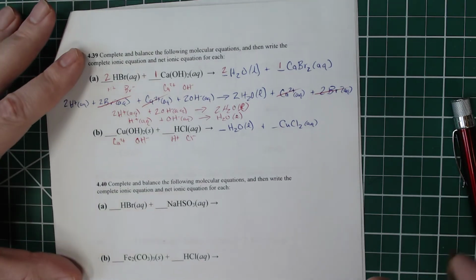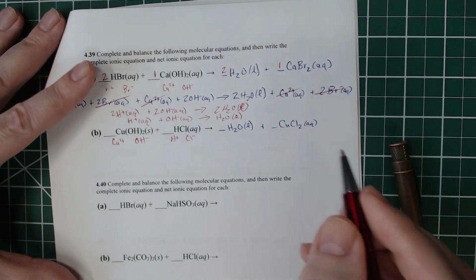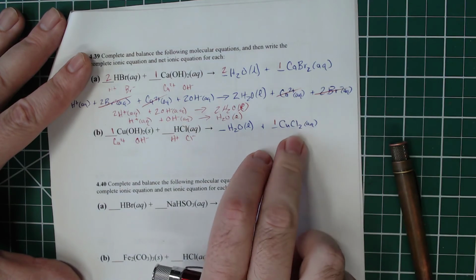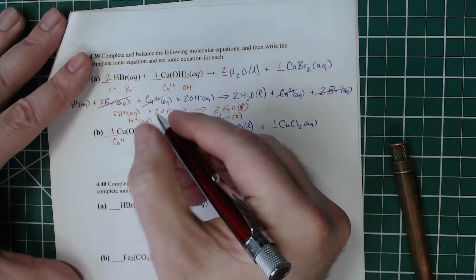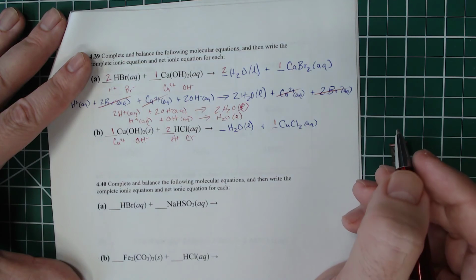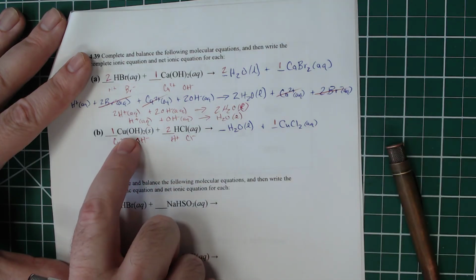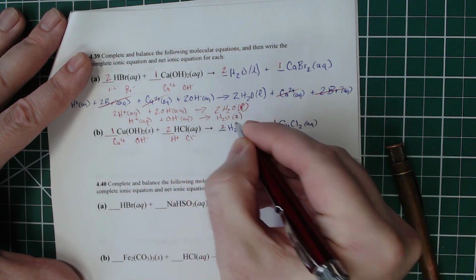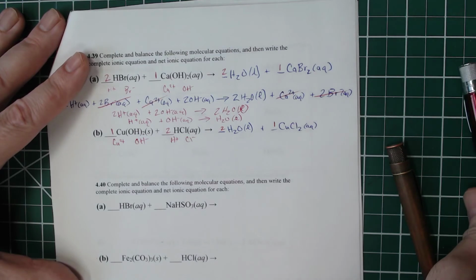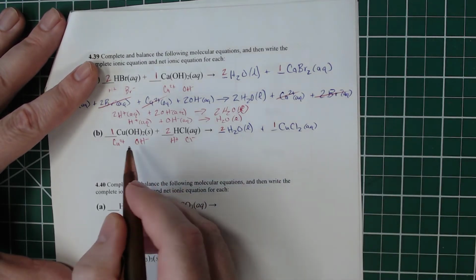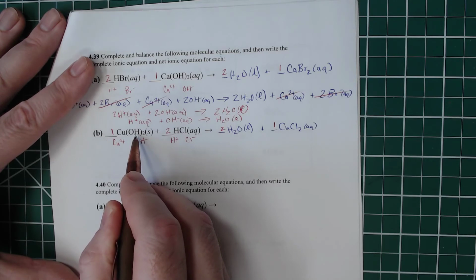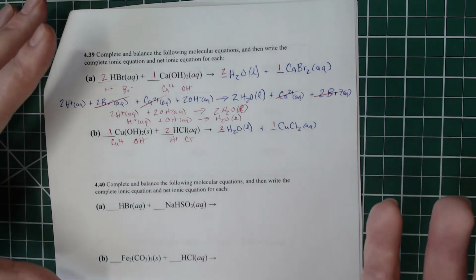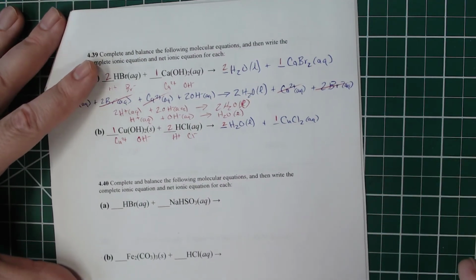All right, this isn't quite balanced yet. So what we want to do is we want to balance it. Copper is our biggest element, so we'll lock those coppers in place. We'll put 1 and 1, so that's balanced. Chloride is next. We've got 2 chlorides there. We only have 1 here, so we'll put a 2 out front there. And now for oxygen, we've got 2 hydroxide, 1 times 2 times 1. That gives us 2 oxygens. And so we'll put a 2 in front of the water molecule. And I think I mentioned this a bit ago, but however many hydroxides you have, that's how many water molecules you are going to have.